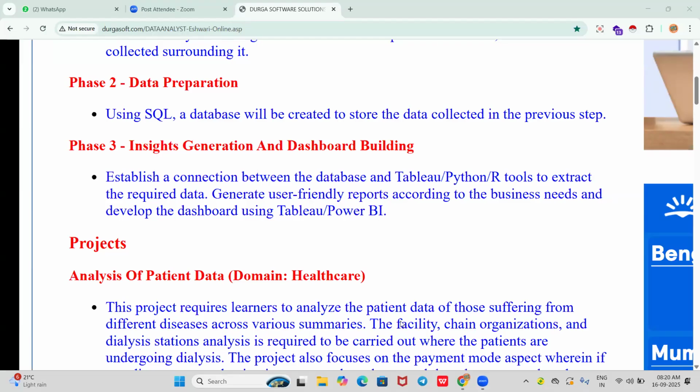As part of training, I will provide you the interview questions, but the mock interview preparations and all will be taken care of by the HR department and given to you. These are the aspects I wanted to share with you.